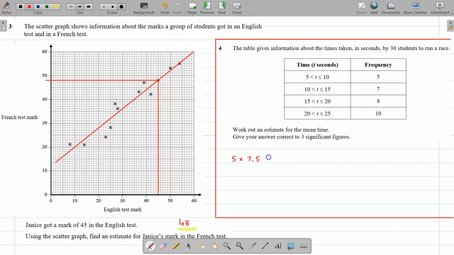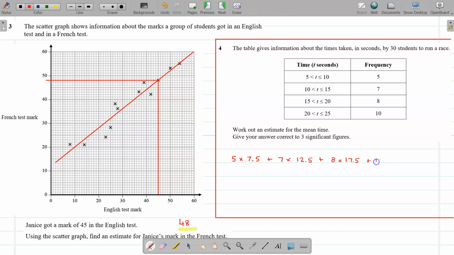And then we add to that 7 times halfway between 10 and 15, which is 12.5. Then we add to that halfway between 15 and 20, so it's 8 times 17.5. And finally